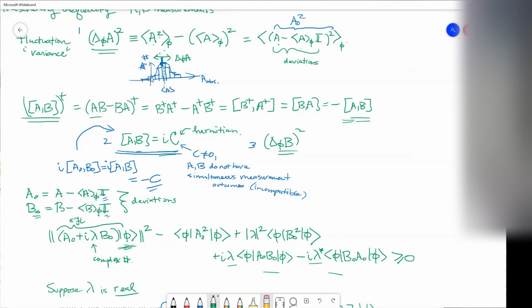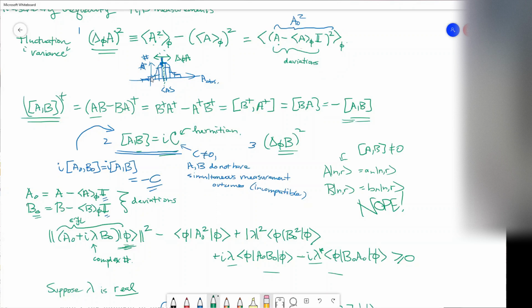Well, the idea is that it just goes back to what we know from our math. The math says that if they don't commute, you can't have mutual eigenstates, right? You can't construct states that give you definite outcomes of both A and B. This is not a thing that you can have. If the commutator of A and B is not equal to 0, then you can't have that. So that's the sense in which you can't have simultaneous.